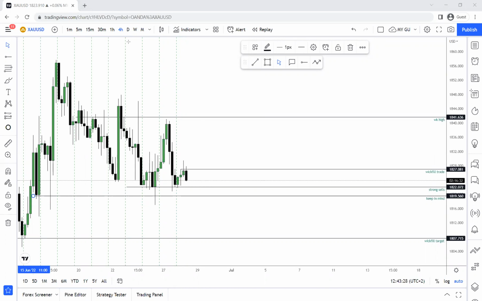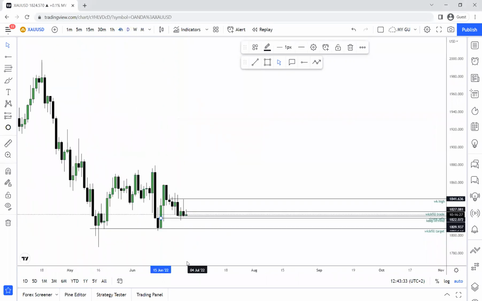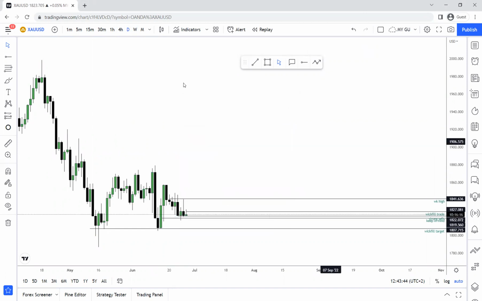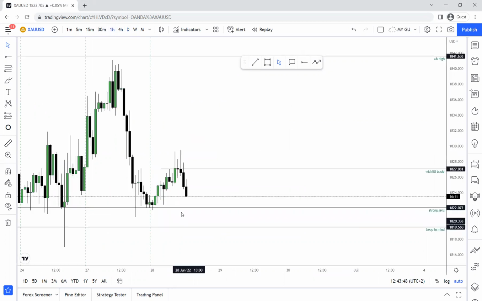For our bearish candle to start forming, where do we need price to go? We need price to go to our low, so let's highlight that low on our daily. That is our strong sell low. For our daily candle to start forming, price needs to close below our strong sell point. Then your first target should be, keep in mind, the second target, the end of that week.